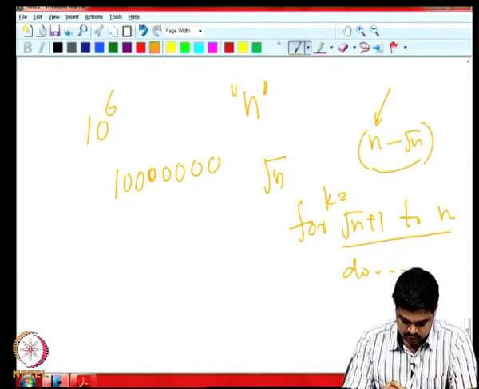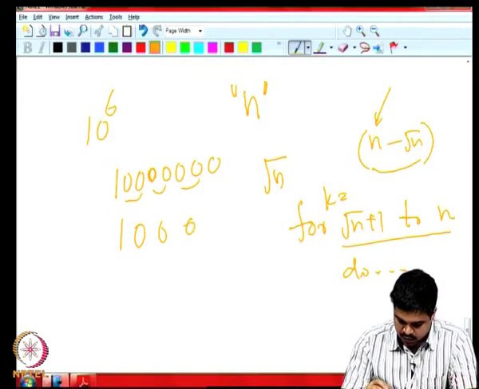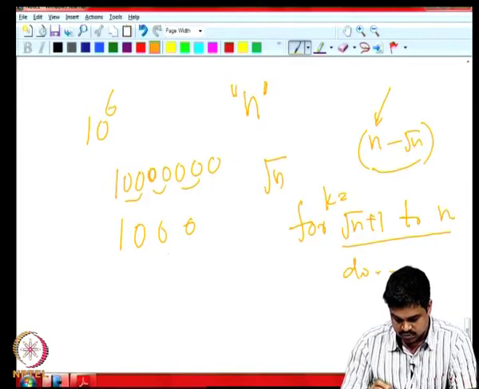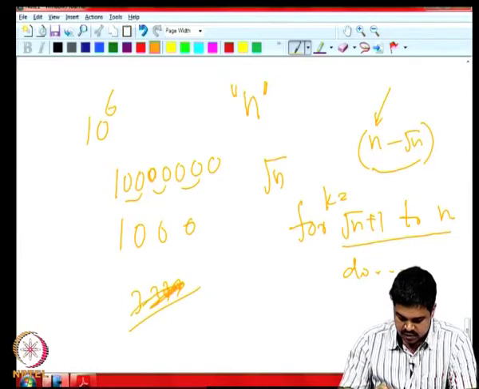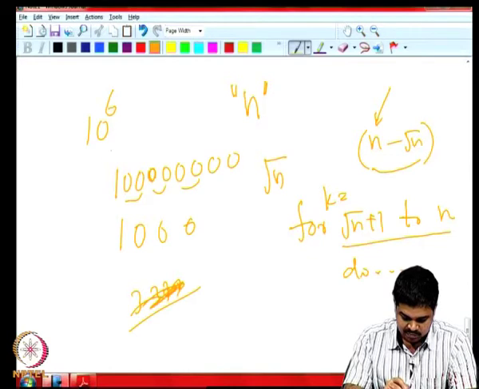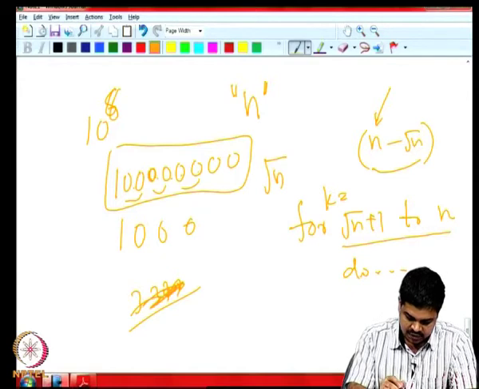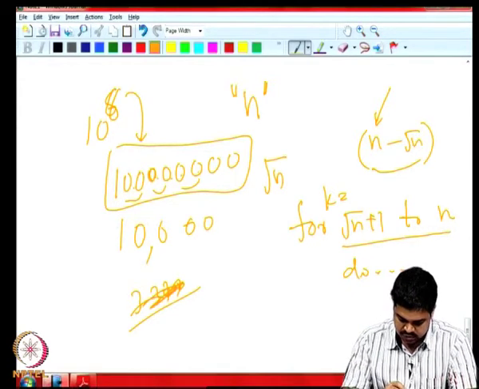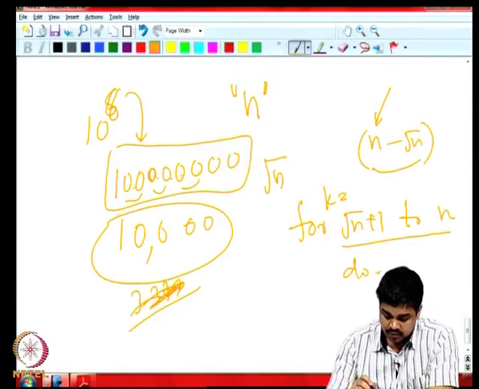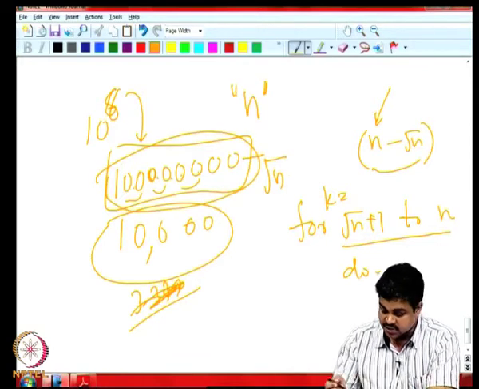You can keep one 0 for every 2 zeros, so something above 3,000, maybe 3,300 or so. Maybe you can put one more 0 and make it a little bigger number, 10 raised to 8. Then its root is only 10,000, right. So suppose the computer has to run: this minus this many tests, which is almost this number, and